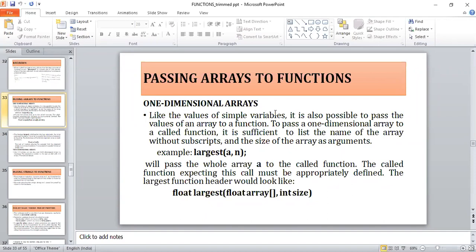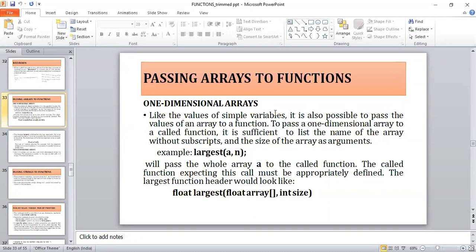A, that is your array, along with its number of elements, that is the size. In the function call that can be done. Once you are writing the function header or the function prototype, this has to be followed. So what is the return type of the function named largest? It is float.